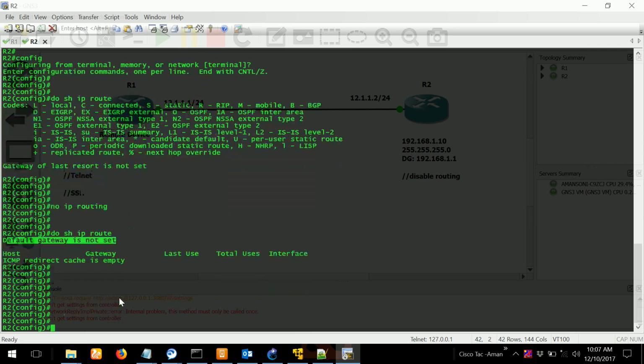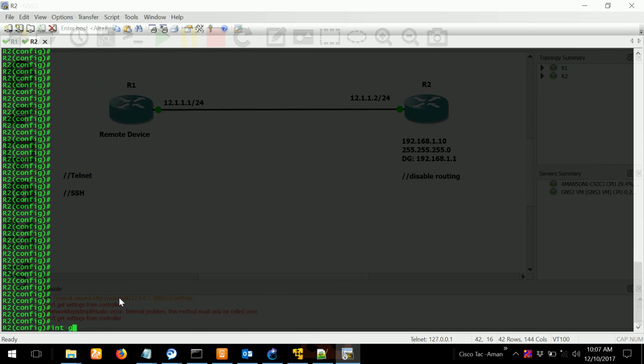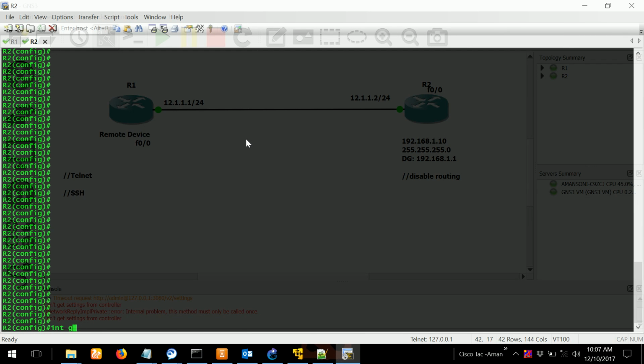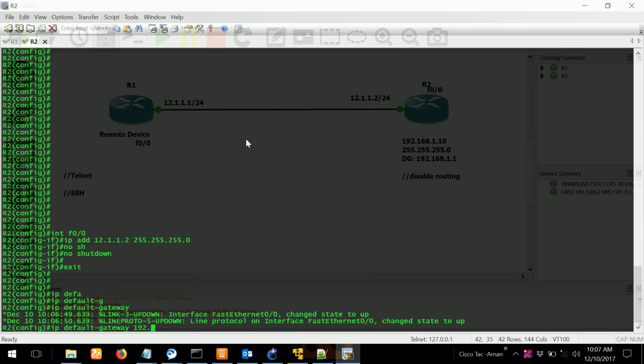So let's give the basic things. Assign an IP address. First we want to see the interfaces. Interface F0/0 we have here, 12.112, 255.255.255.0, no shut, exit out. And in order to give the default gateway, this is the command, 192.0.